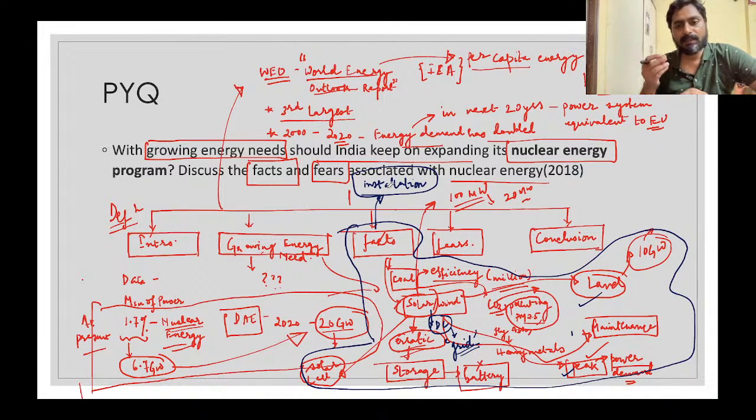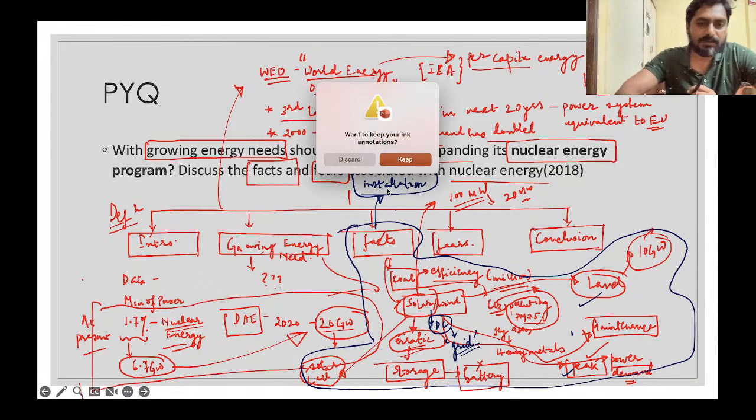What we are seeing is that the cost per unit of electricity for solar and wind has gone down very low. But in nuclear, yes, the cost might be high initially, but over the long run it could eventually decrease to a large extent. Okay, so now let us try to understand the other part of the question, fears associated with this. Let me just take another slide.